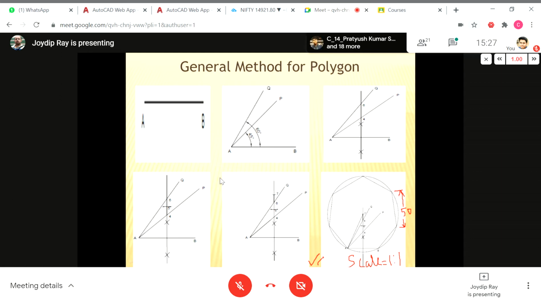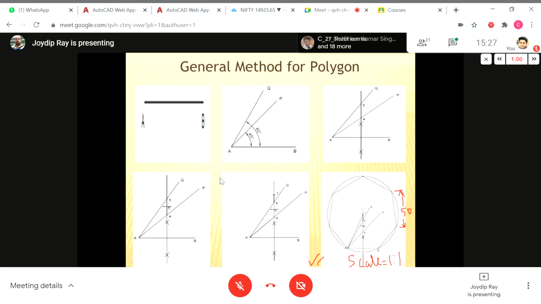To enable you to draw the heptagon, you have done a lot of constructions: 45 degree, 60 degree, bisect line, drawing circles and all. Those are construction lines which enable you to make the item you want to make. Those construction lines will be thin continuous lines. Is it clear?